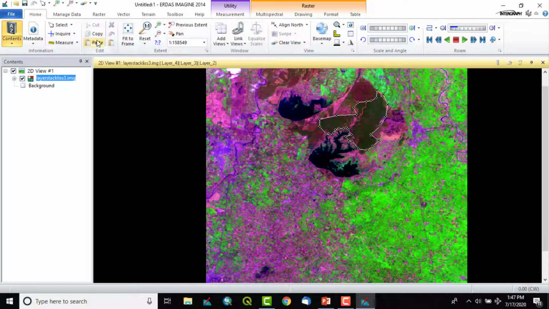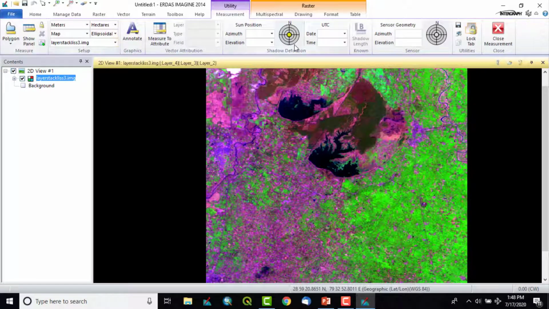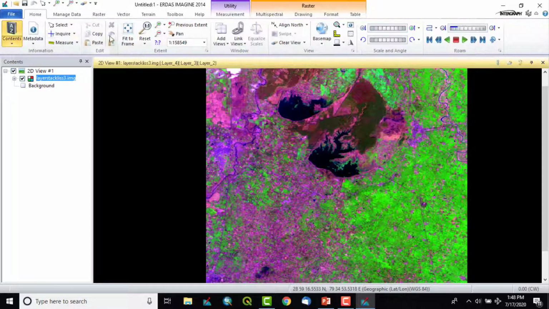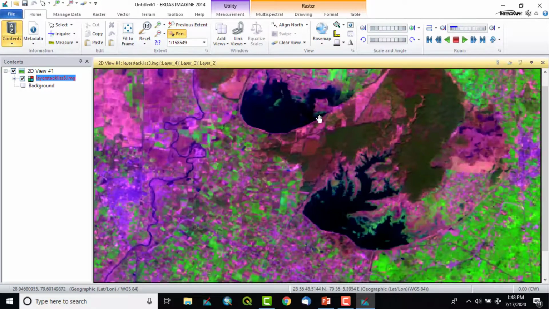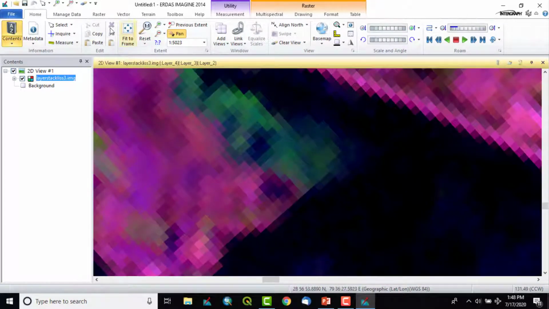Then copy paste is a very simple one, so we'll skip that. Next is zoom in, zoom out. We know pan is there, but suppose my mouse is not working properly.